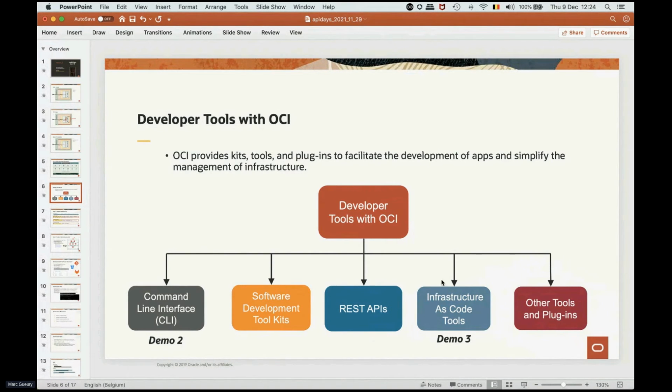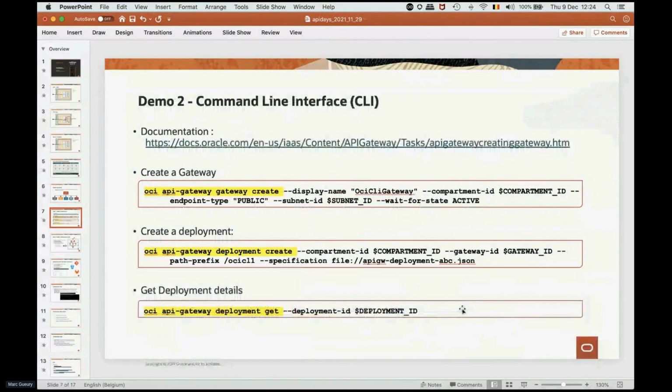And we have also infrastructure as code tools, and that will be my third demo, where I will show you how to use, for example, Terraform to create an API gateway. And we support a lot of other infrastructure as code tools like Ansible, Puppet, and so on. Okay, so for my second demo, what I will show you is the use of the command line tool,